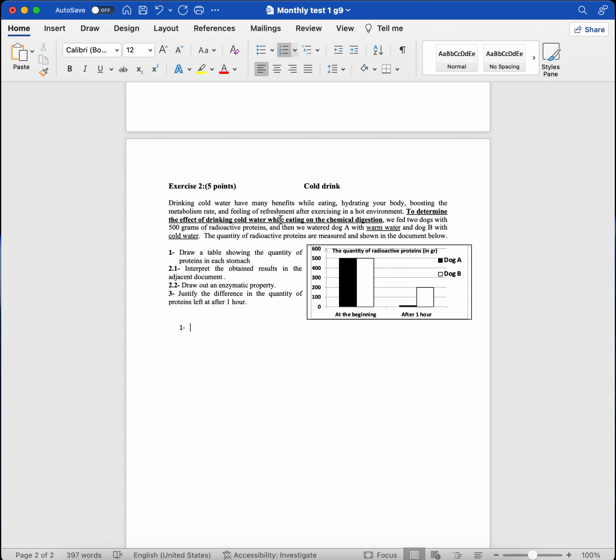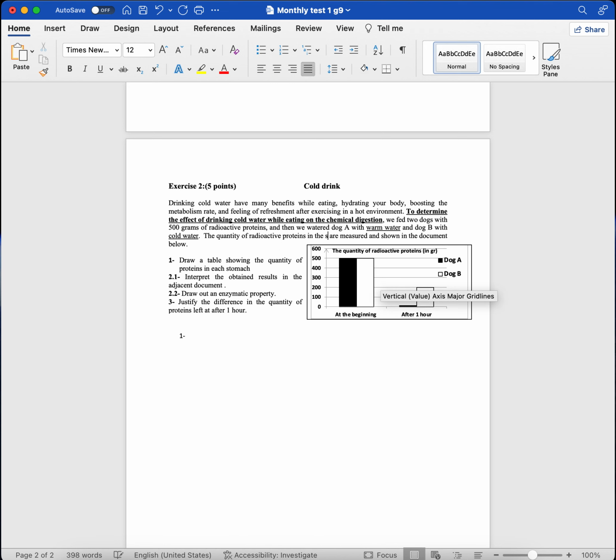So we determine the chemical fed and then we watered. Okay. Wait, doctor. In the stomach. Okay, so these are the quantity of radioactive proteins in the stomach. Draw a table showing... now I'll start drawing. I have to start by